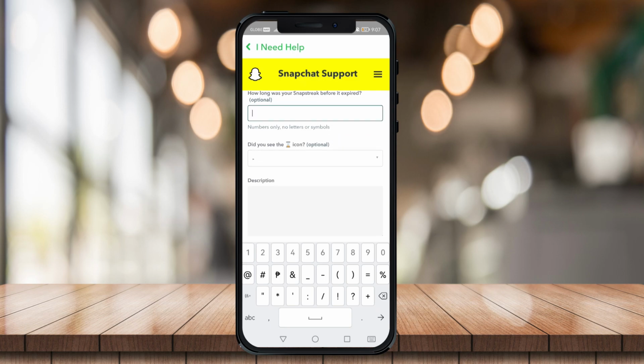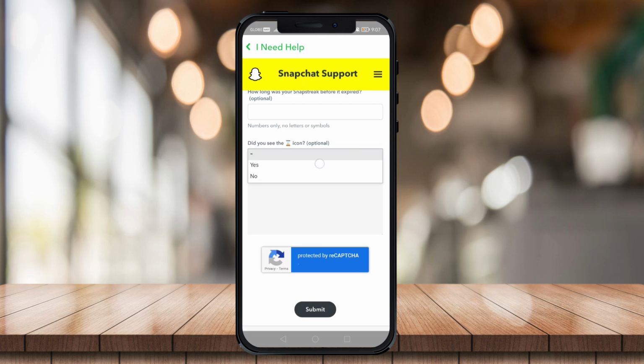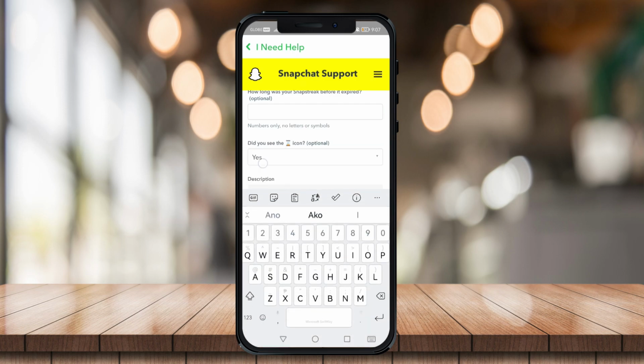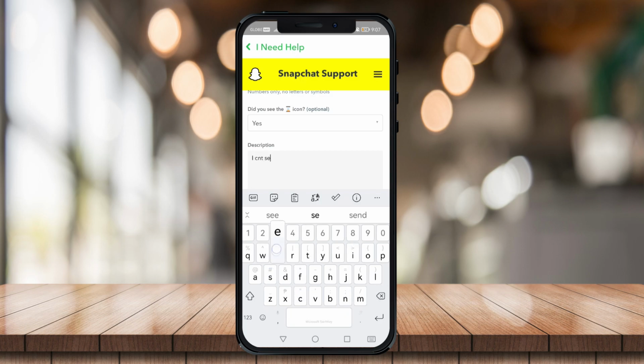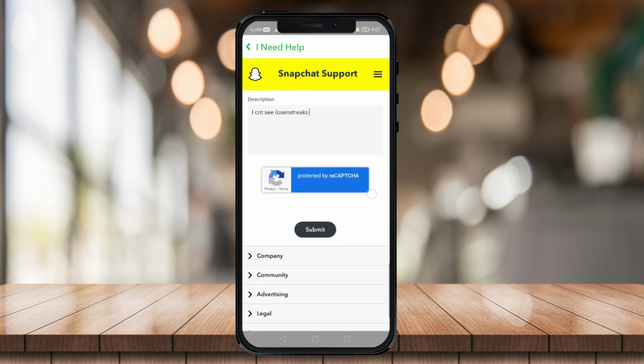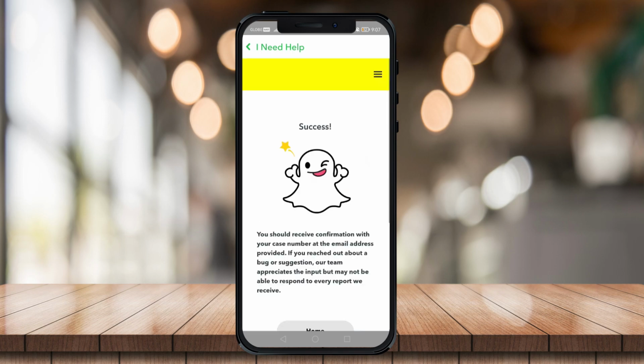So did you see the icon? That is this time icon right here. So just click on yes or no. It's up to you. And add a description. So just explain to them what problems you have. So I'm just gonna say I can't see my streaks. Like that. And now just click on submit right here, and it's now sending a request, and as you can